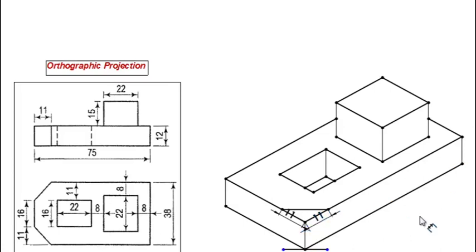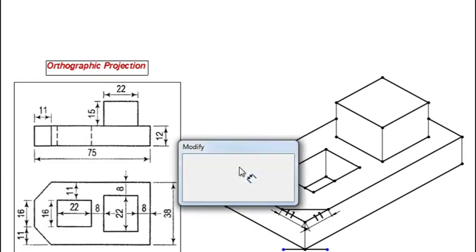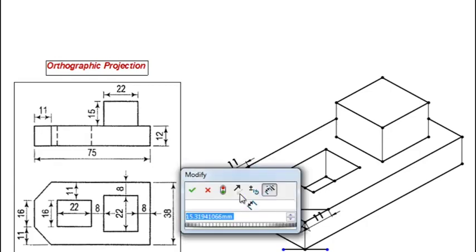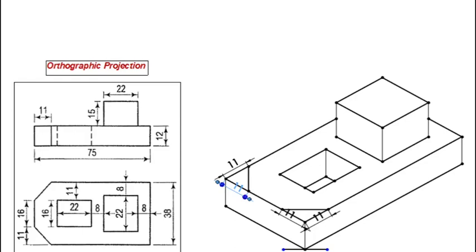In a similar way, I am plotting a line from this line to this line, like this, and from this corner to this point, it should be 11 mm, and from this point to this corner, it should be again 11 mm. Okay, now